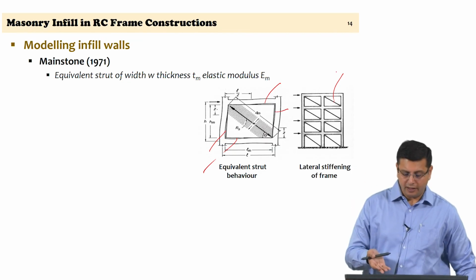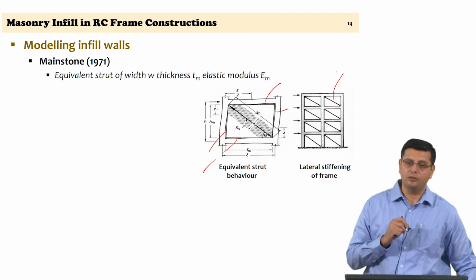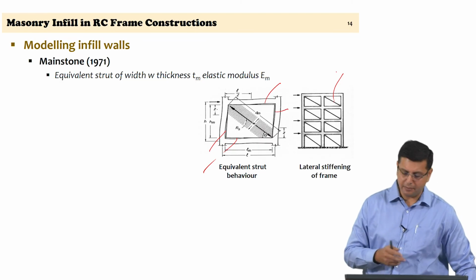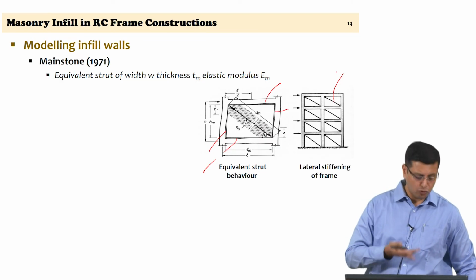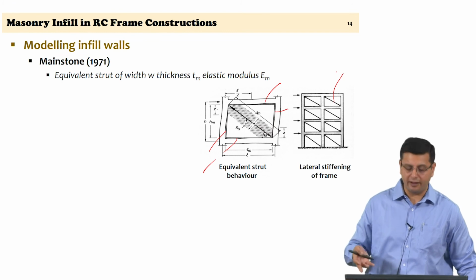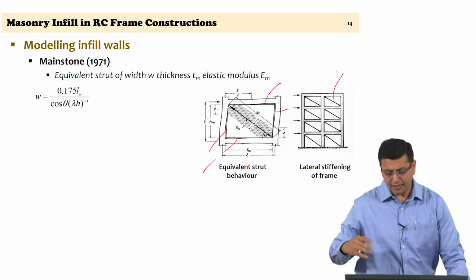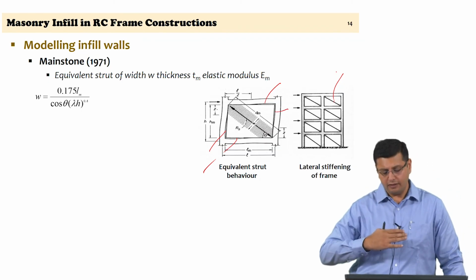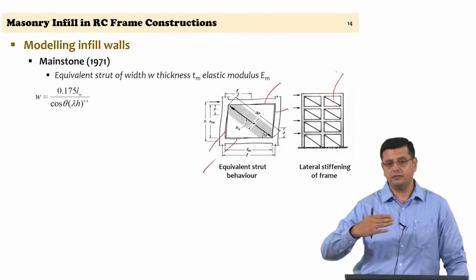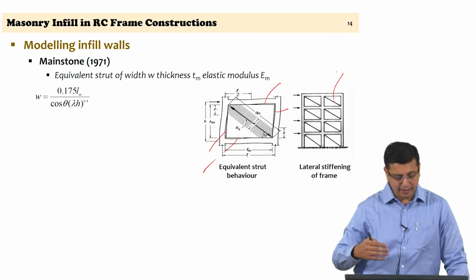So, if the wall thickness, which is the thickness of the masonry panel, is Tm, and the elastic modulus of the masonry Em can be estimated as 550 times f prime m if you do not have the actual modulus of elasticity of the masonry, then considering the angle of the strut with respect to the frame, theta,